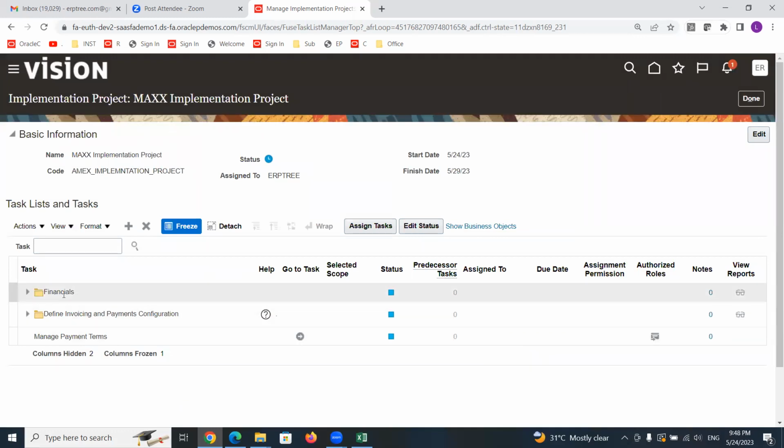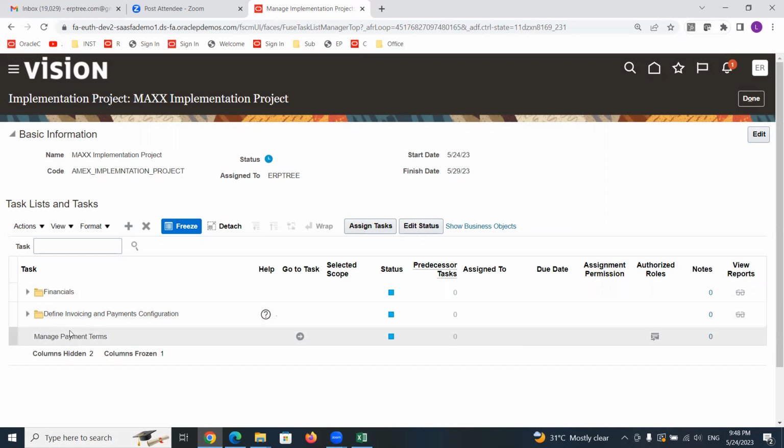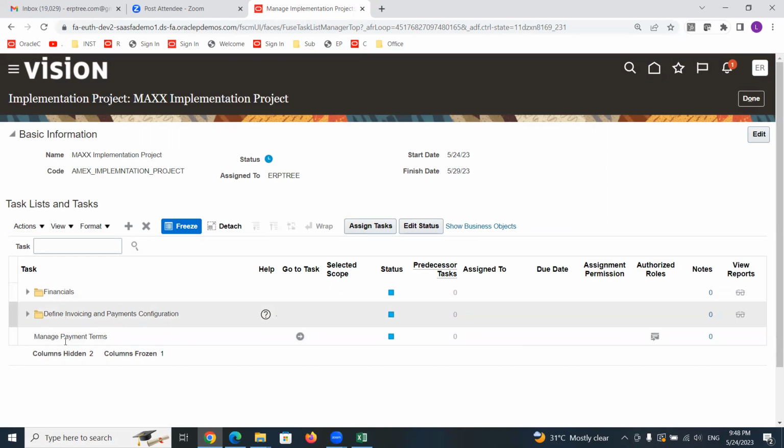So this is how you can add a specific offering into a project. If not a specific offering, a specific option you can add. If not an option, within the option, you can add a specific task also. So at any point of time, you can add an offering or option or task into the implementation project. By doing these financials, if you do all the finance related setups, and if you delete this implementation project, nothing will happen. Your setups will remain as they are in the database.